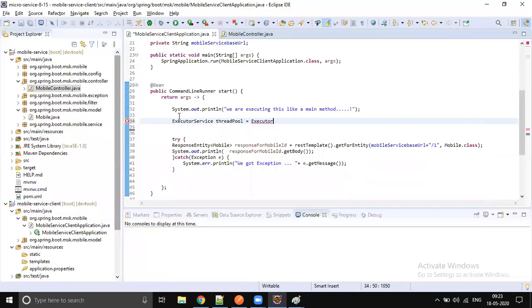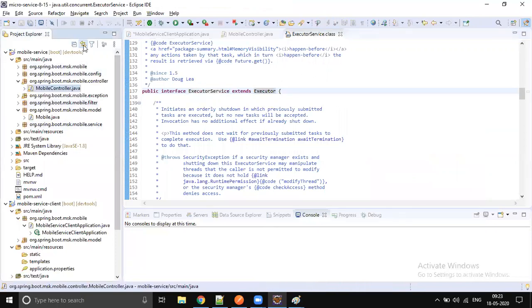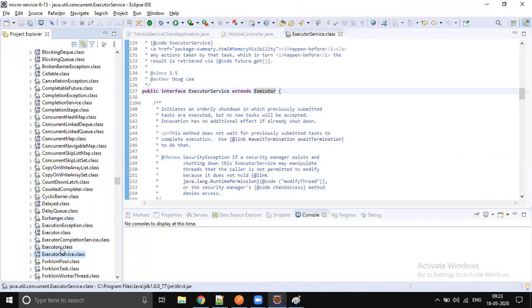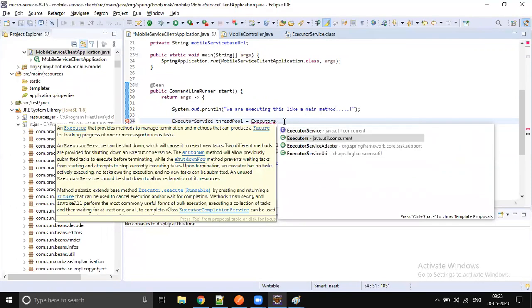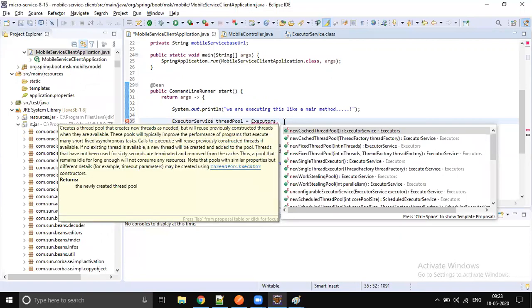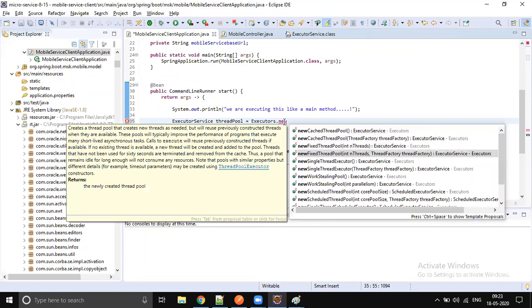Executors dot, yeah, newFixedThreadPool.